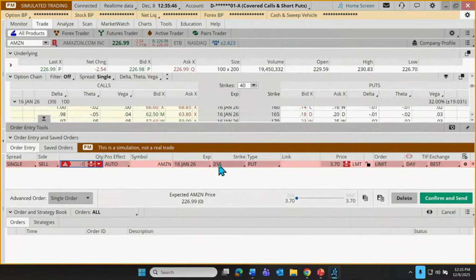Well, at 215, in this webcast, we typically don't mind tying up about $5,000 in a trade. Let's do 2 contracts here. Let's go up for sell 2 of these contracts. That would be obligating us maybe to have to buy 200 shares at 215. Looks like $3.70, we might be able to get that. I'm going to back off to the $3.65.